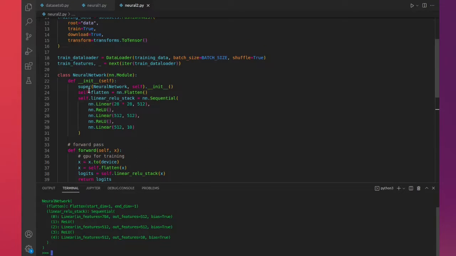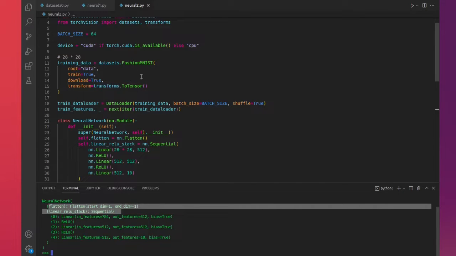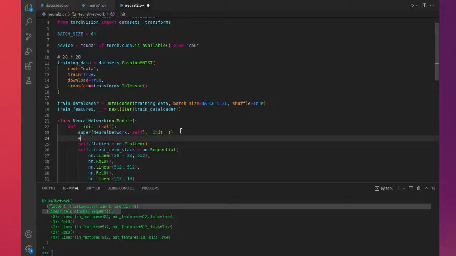So we first say that it's going to start off from the flatten. So that's the first step. It's all part of the neural network, but the sequential comes after the flatten process. Okay, just to remind you a bit of what the flatten layer is doing: it takes each of your 28 times 28, your two-dimensional 2D image, and it converts that into a